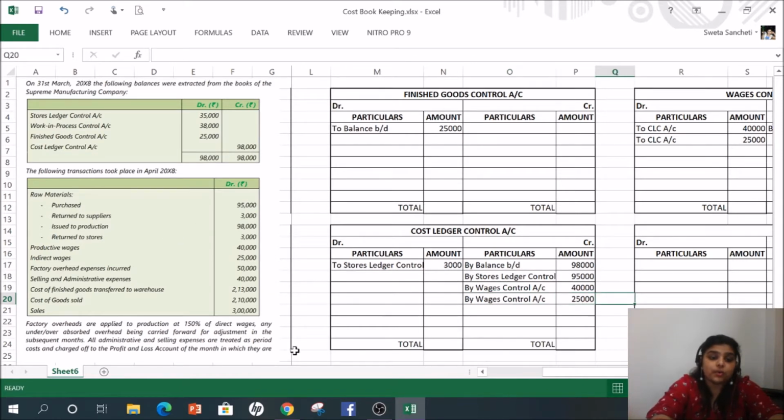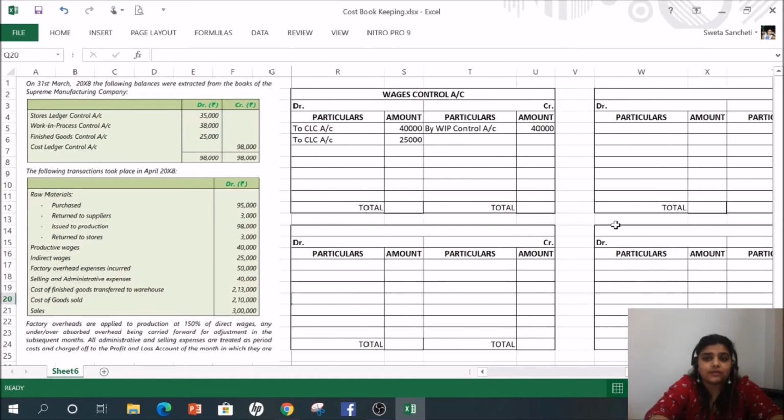Now in the question, nowhere they have specified whether these wages are related to production overheads or selling overheads or admin overheads. If nothing is given in the question, we'll assume that this is nothing but for factory overheads. So by factory overhead control account, that would be 50,000,